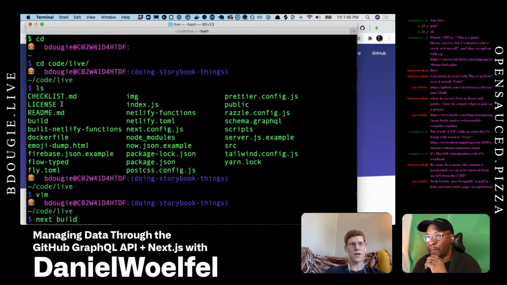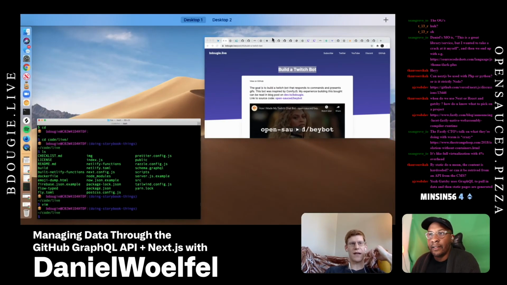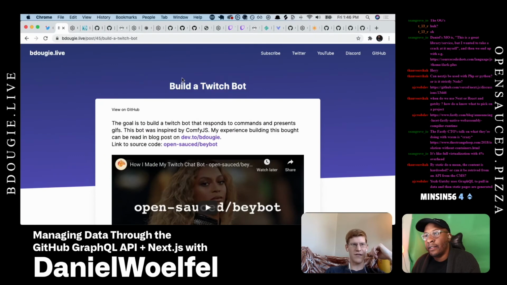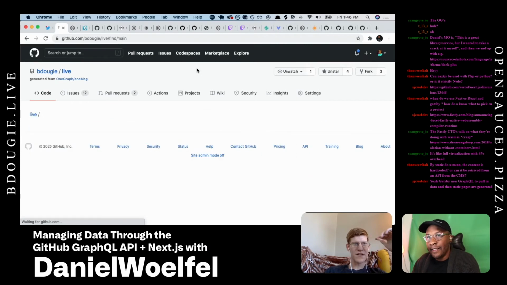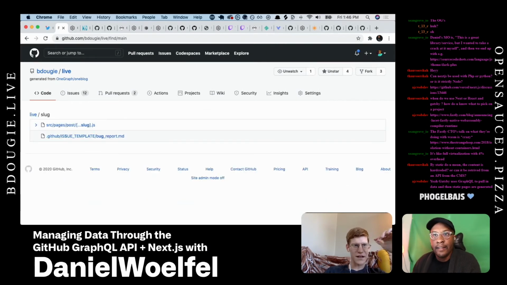So if you want to go into, on bdougie.live, if you search in the repo for the file called slug, it should be in source pages, and then slug.